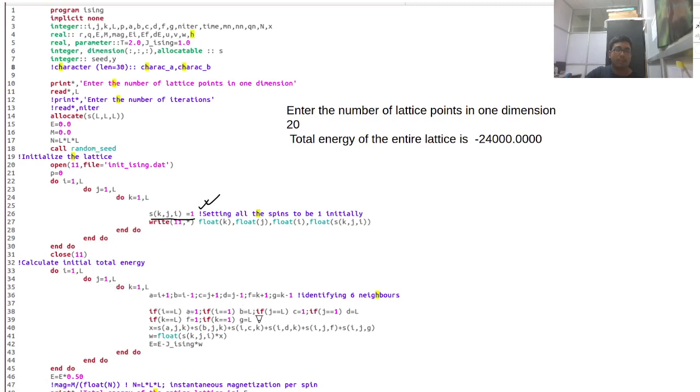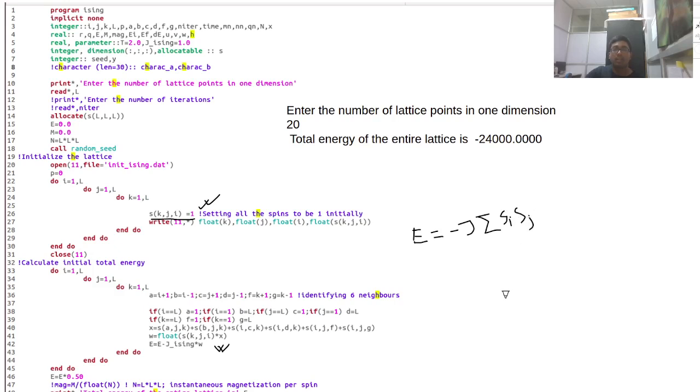As before I just give all the nearest neighbors and periodic boundary condition, and here I calculate this energy like this. How? What I need to do is capital E, the energy, which is defined as minus J, right? What it will be? Sum of S_i S_j,